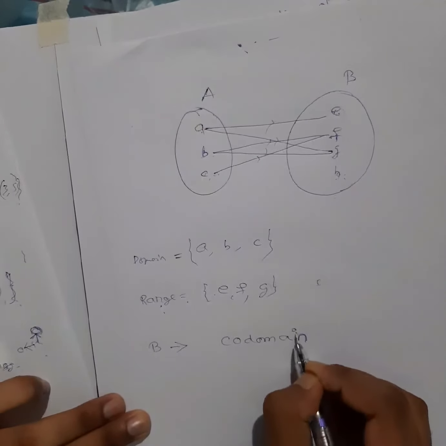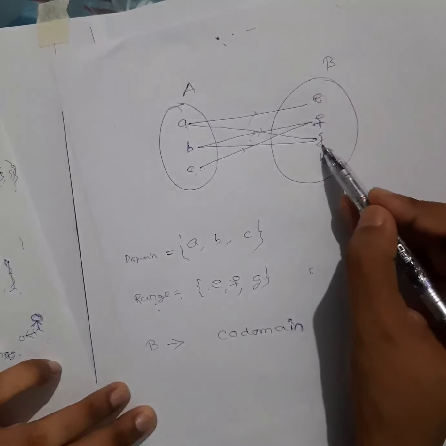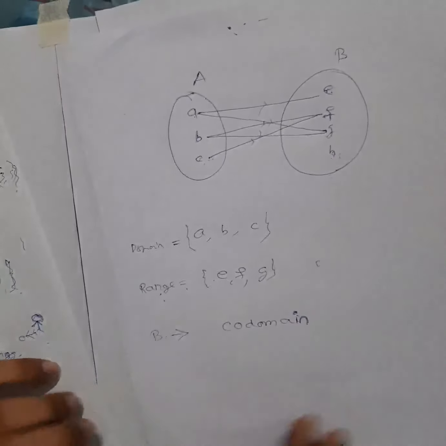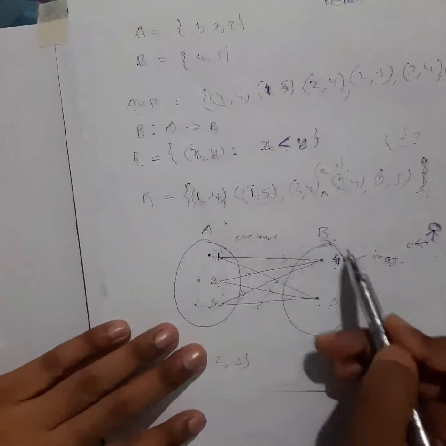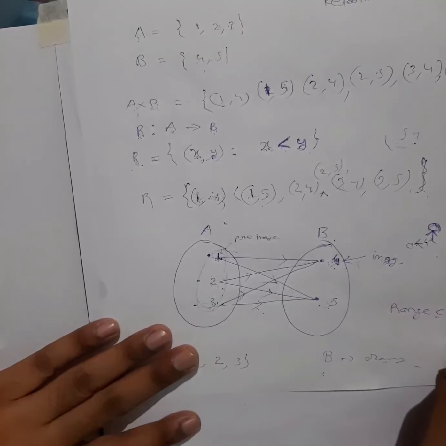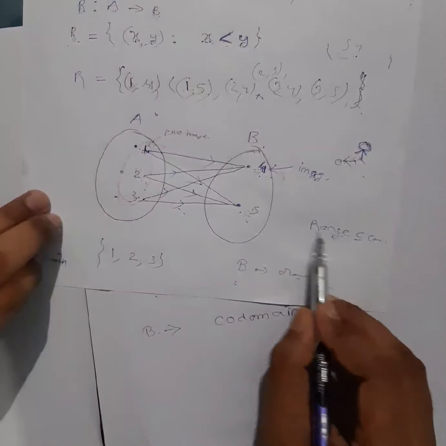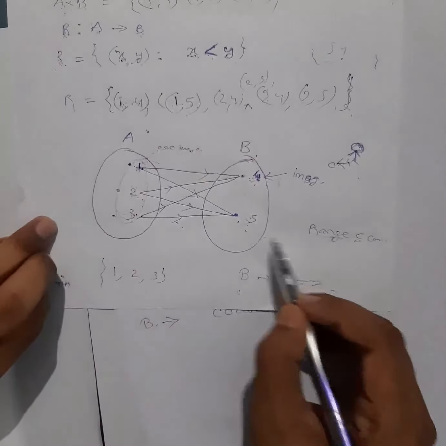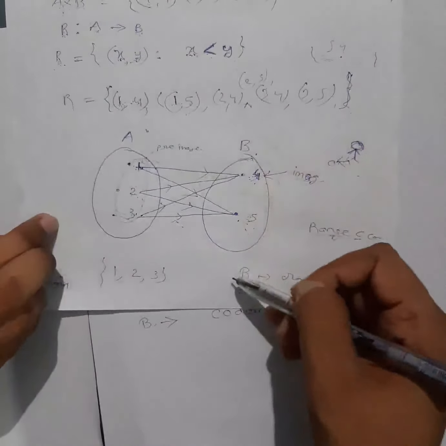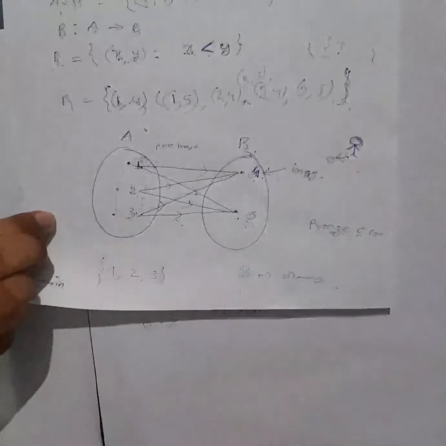Okay, codomain. This whole set is called codomain. So you can see range is always a subset of codomain. In this case, this is your codomain and also your range. So can I write here range is a subset of codomain? I can write, because what is the condition for subset? All elements of this must be contained here, right? So you can see the range elements, 4, 5, are contained in the codomain. This is your codomain, the set where your range will be.